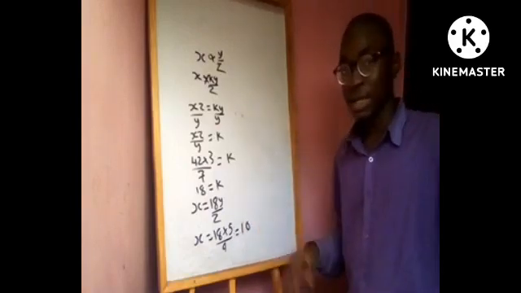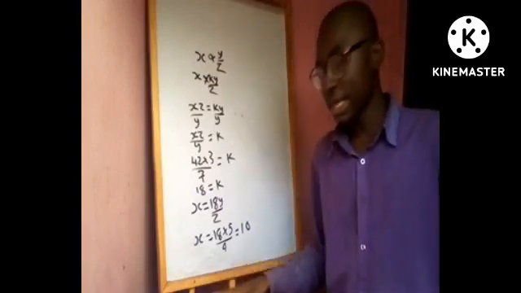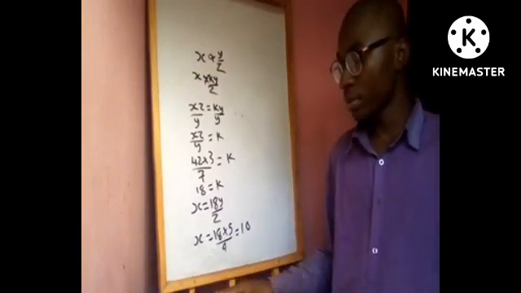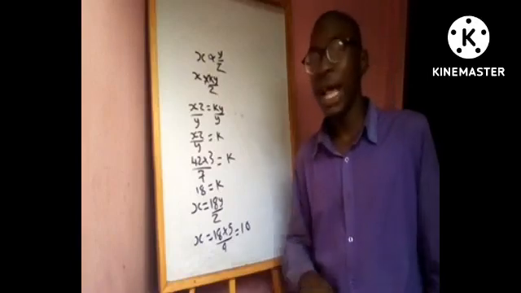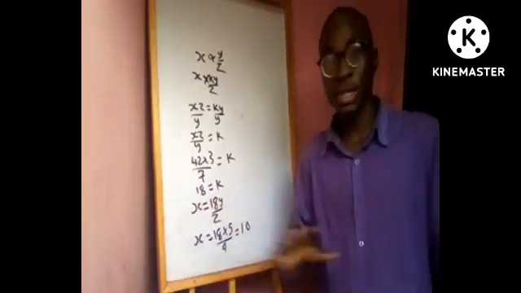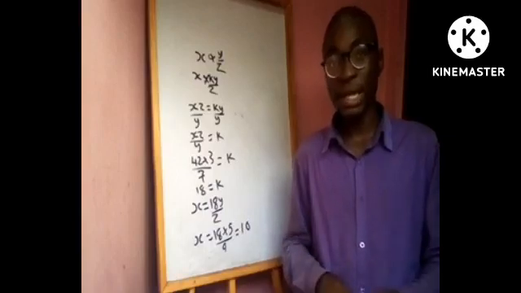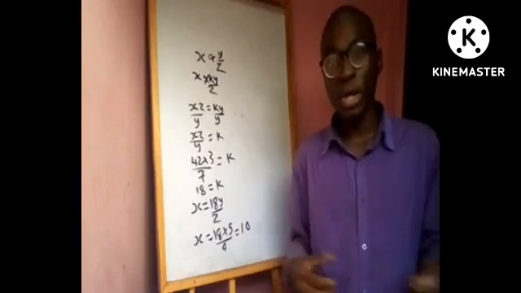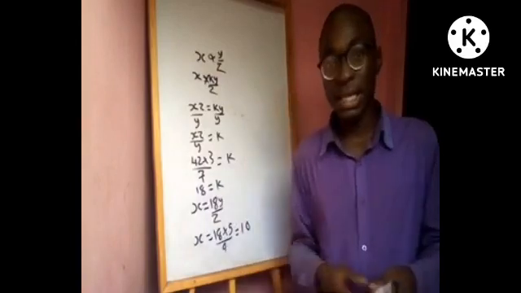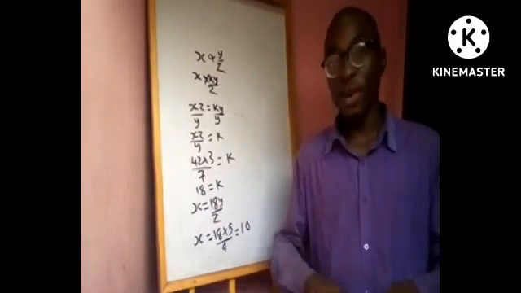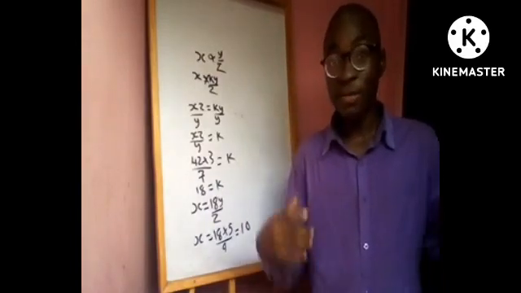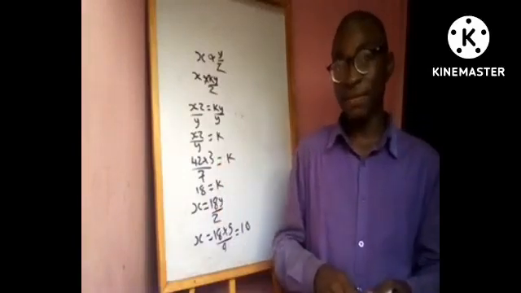So let's go on to the last example of variation, which is partial variation. Now I like this one very well because it involves constants. In our daily world, a lot of things involve constants, like just the price of your commodities. They involve your constant tax or your variable tax. They involve the constant cost of transportation, all those constant costs, and those constant values in your equations,